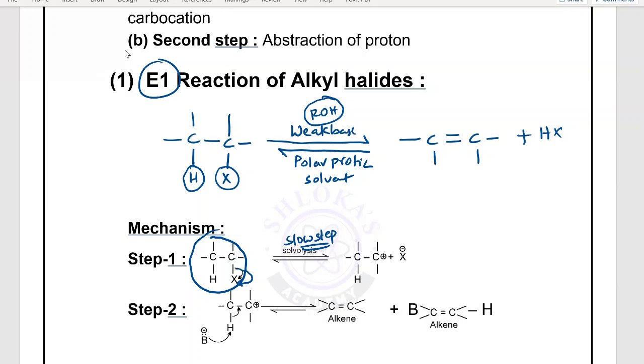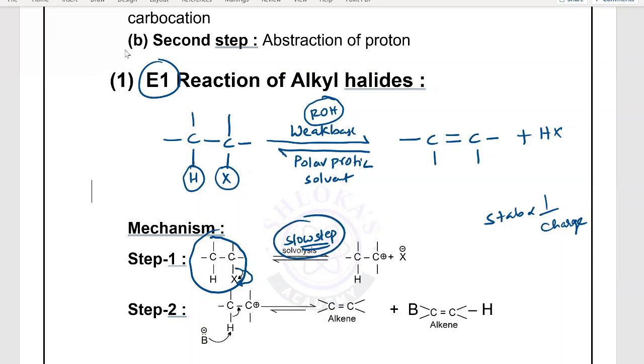We know very well that stability is inversely proportional to charge, whether it is positive or negative charge. Here we don't have any charge in the substrate, but in the carbocation we have a positive charge, so the substrate is more stable than the carbocation. If anyone wants to convert from a more stable situation to an unstable situation, the process will take place very slowly. Hence, it is a slow step reaction.